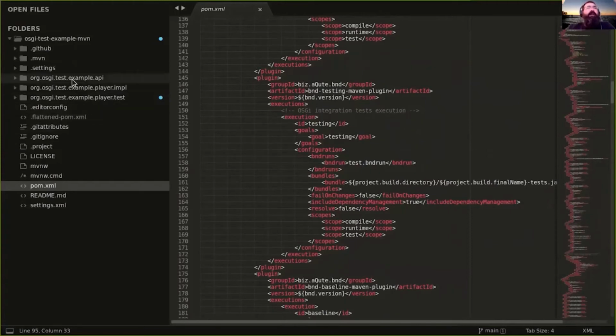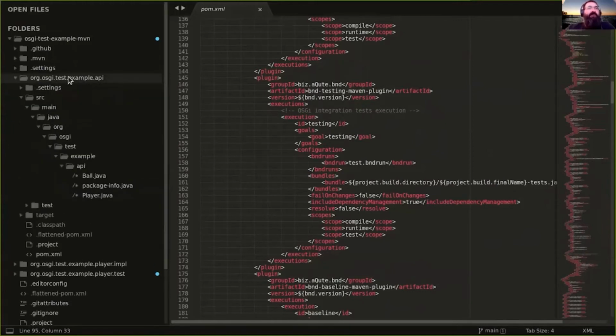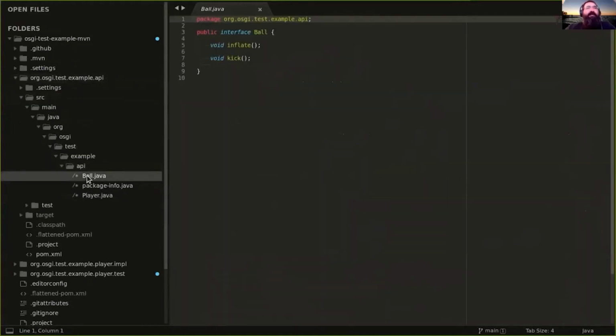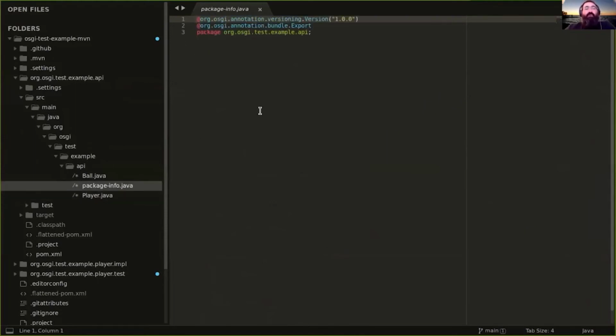Next, we can see that our project has three modules. It has an API module, and it's very simple. It has a ball interface and a player interface. And we're building OSGi bundles, but you'll notice that we're using bundle annotations to control the metadata generated for our